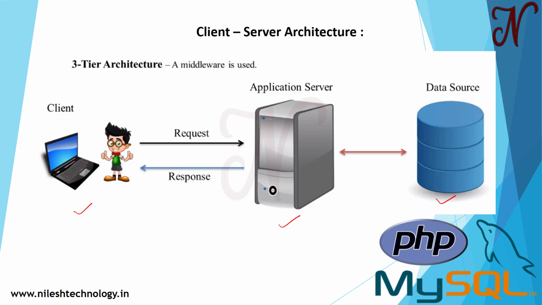So this architecture improves on the two-tier architecture and gives the best performance. This system is expensive, but it is simple to use. The middleware stores all the business logic and the data processing logic. The uses of middleware include database staging, queuing, application execution, scheduling, etc. Middleware improves flexibility and gives the best performance. So these are some client-server architectures.